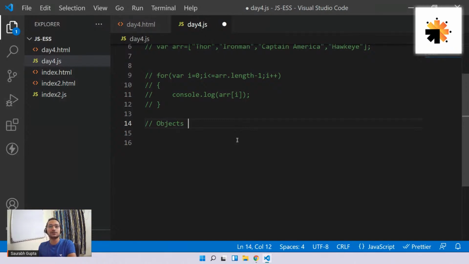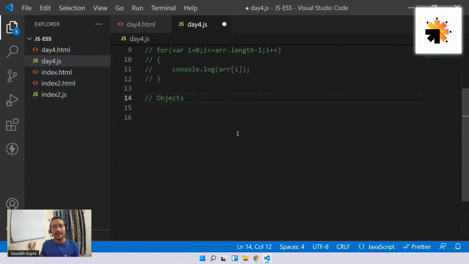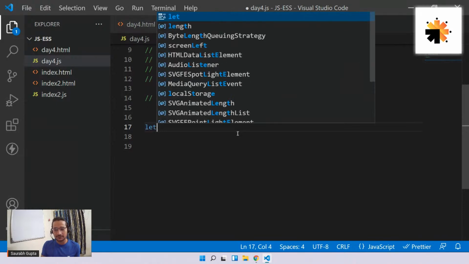Objects are nothing but a collection of properties. Once you see how it is created, then you'll understand what it does. See, it helps you to organize your data better. For example, you want to create an object, and let's say you want to store student data. So you'll do something like this. Let